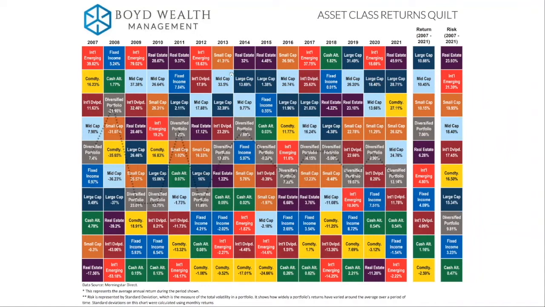The quilt shows the last 15 years of data with yearly performance of the 9 major asset classes, plus a hypothetical diversified portfolio. The best performer in any given year is at the top, and the worst performer in any given year is at the bottom. And then you can see the average annual return for each of the asset classes over that full period, along with the average risk, with the riskiest asset class at the top.